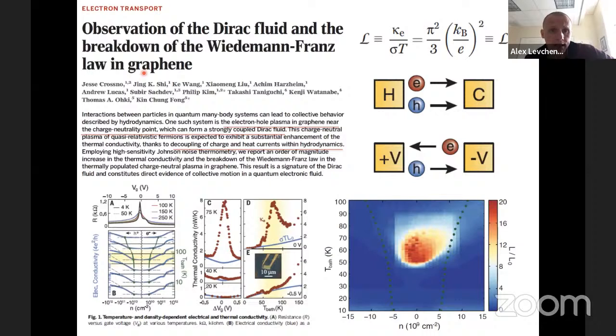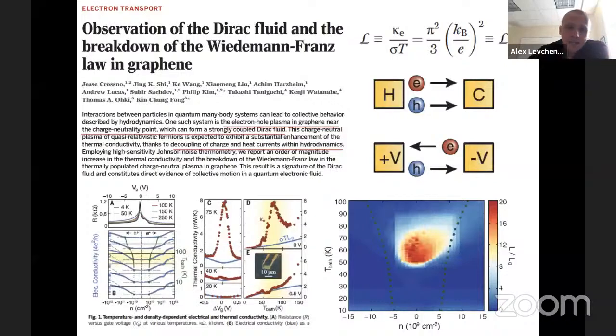So electron fluids in graphene do not possess Galilean invariance like the usual Navier-Stokes. And as we discussed, this creates very important nuances that alter transport properties. So a reminder, the Lorentz ratio is the ratio of thermal conductivity to the product of electrical conductivity and temperature. In this Drude version, a single particle picture, this is believed to be a number, which is pi squared over 3 times k Boltzmann over e squared. And this is the Lorentz number L naught, which will be our reference point.